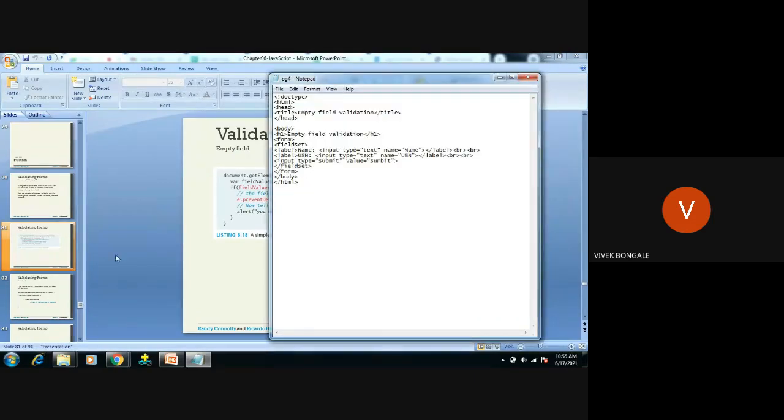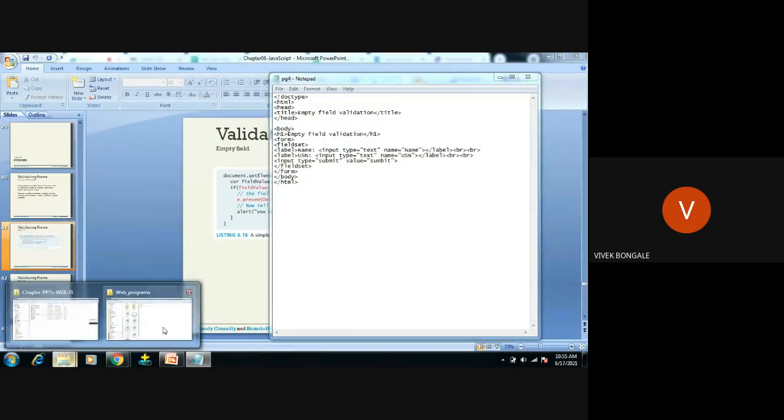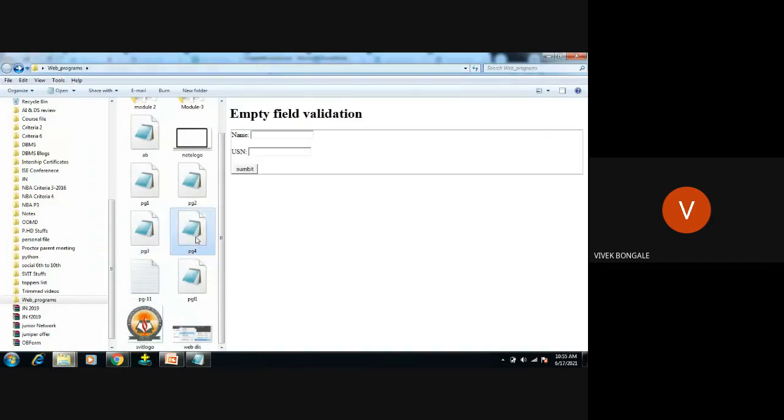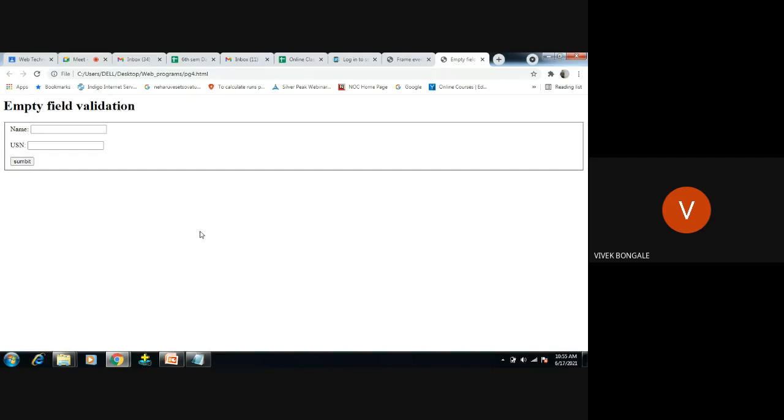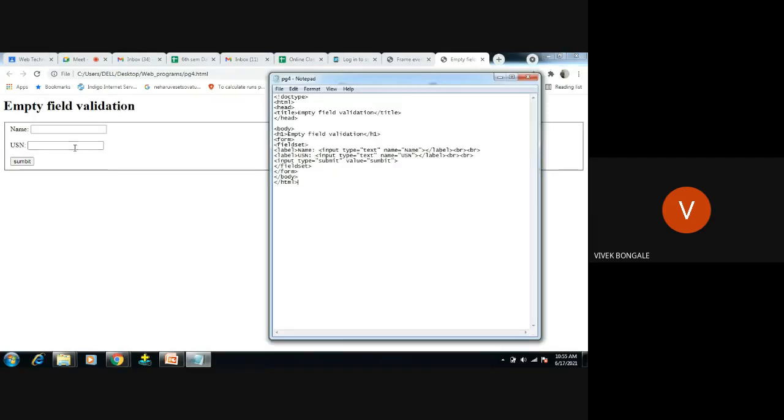So go to the program code, open with Google Chrome. Okay, this we got, right? This form we have created. By using this field set, we got the border out there, and under that border we have created these three fields now.